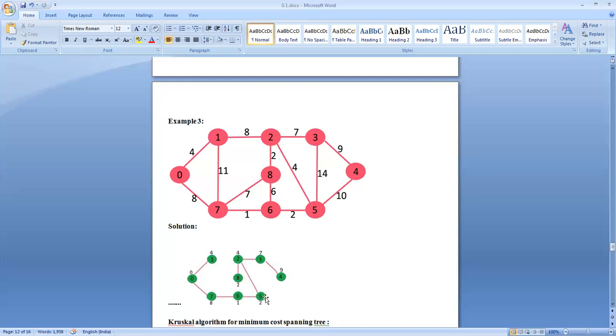Then from 5, what are the edges going out? 10, 14, and also there is a possibility of an edge from 1 to 2 with weight value of 8.